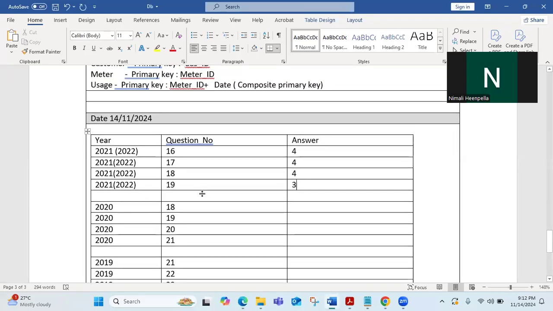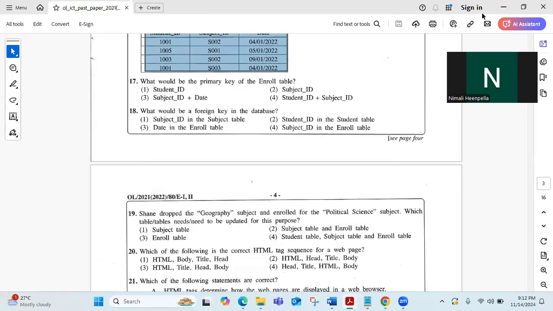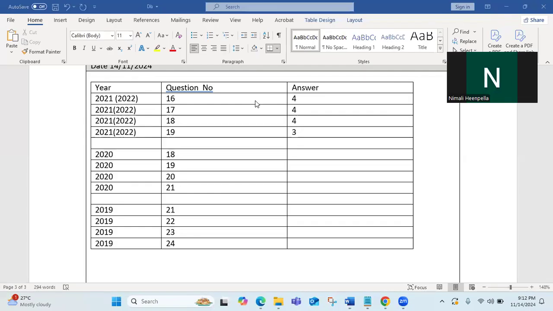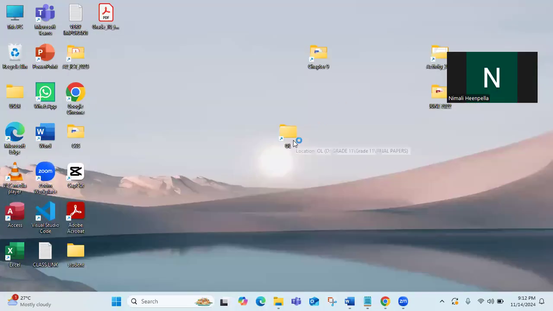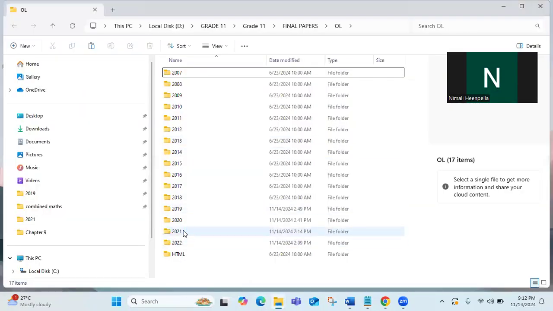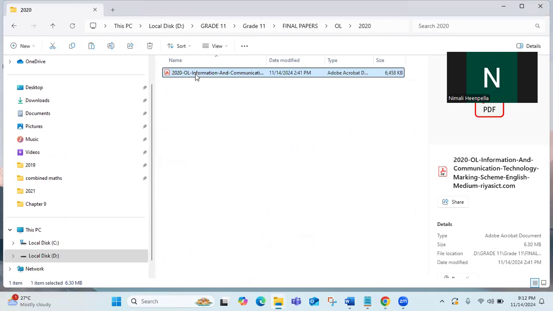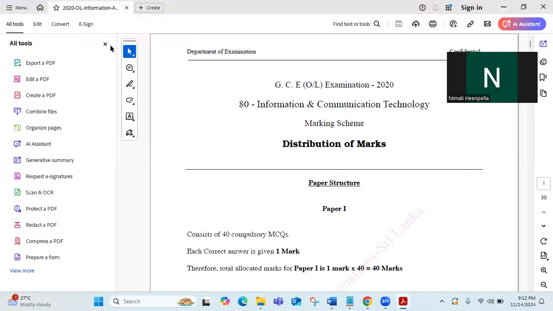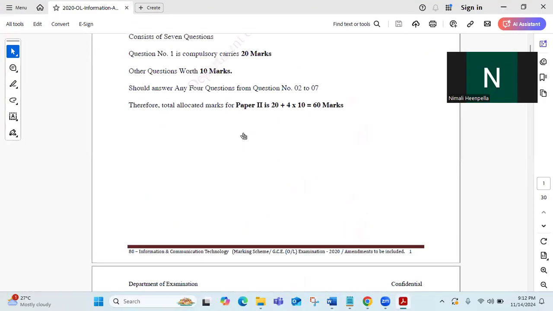So that is about the 2021 paper. So then I will take the other paper. So next is the 2020 paper. In the 2020 paper,